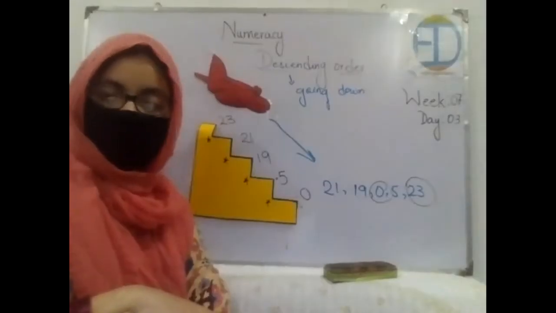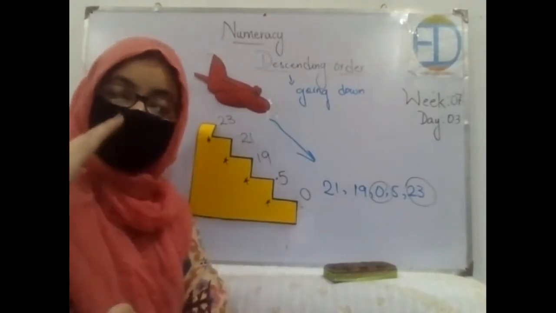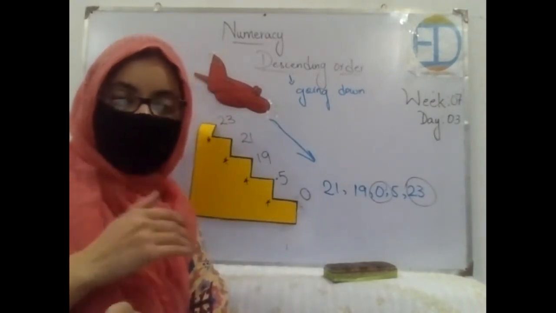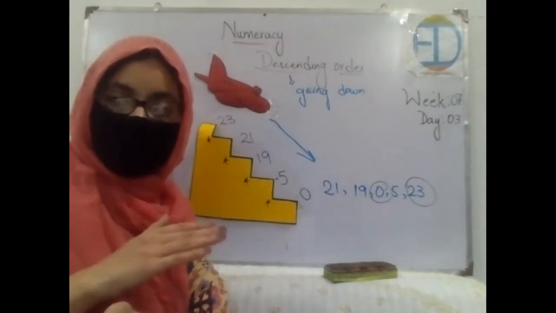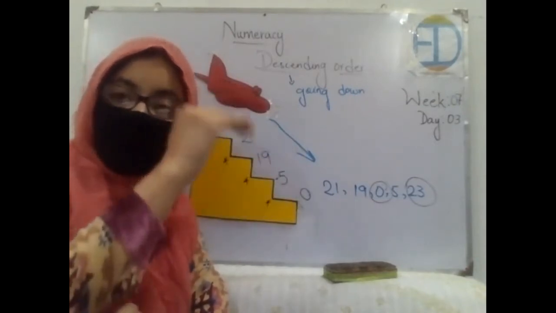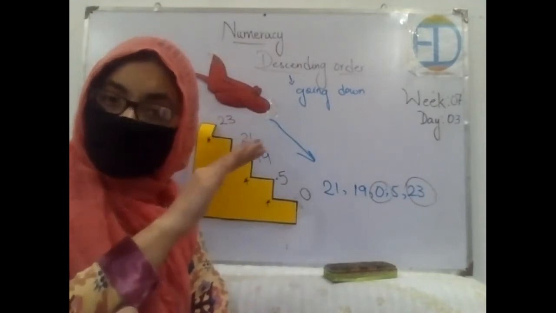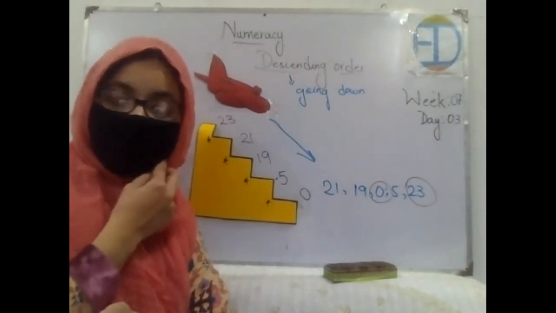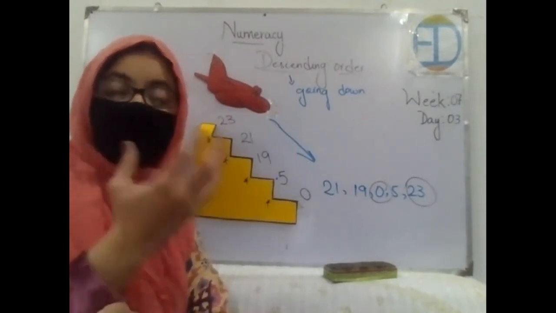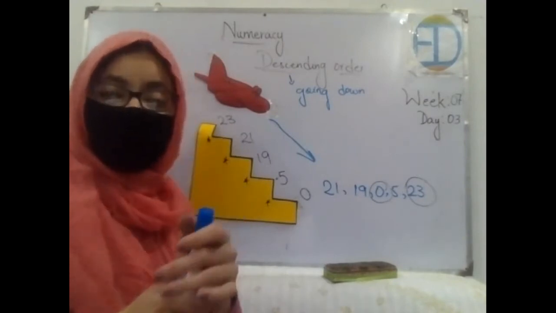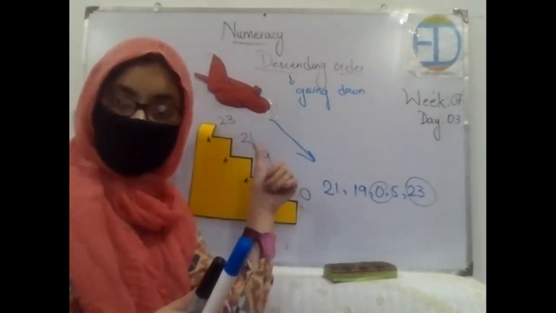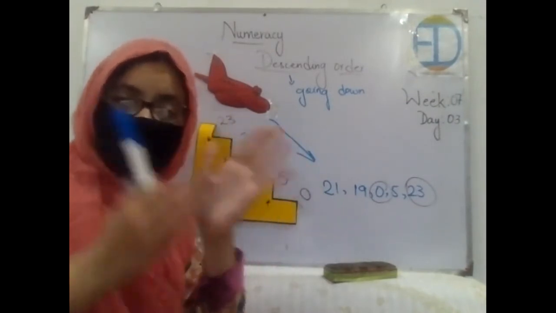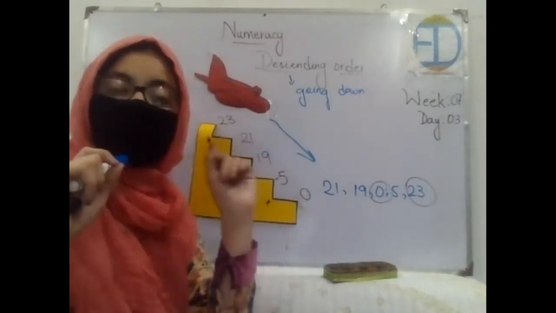Okay, so you have seen that in the video they say the same thing, that when we go up it's increasing and when we go down it's decreasing, right? So going up means that we start from the smallest value and then we move toward the highest one, and going down means that we will be starting from the highest and we will stop at the lowest one, right? And what's the procedure? The first thing is that we identify which is the highest number and which is the lowest number, right? And we always write the highest one on the top over there, right? And we write the smallest one on the bottom, or in the beginning, and then we write the numbers that come in between that.